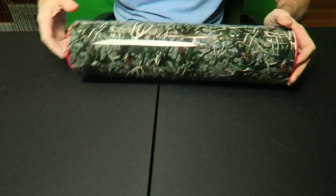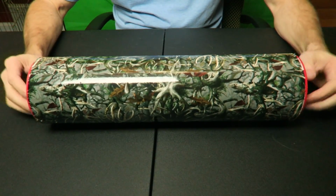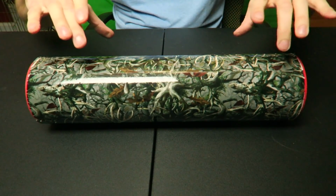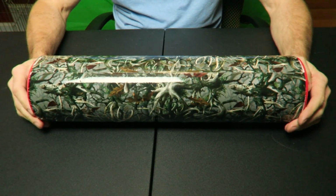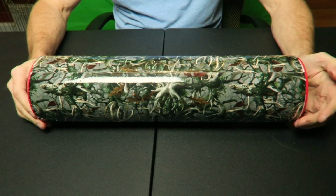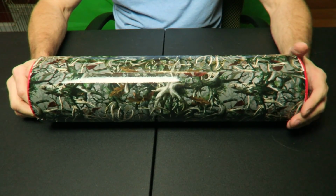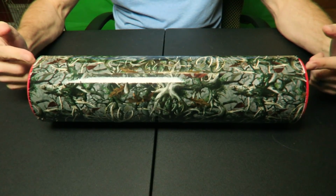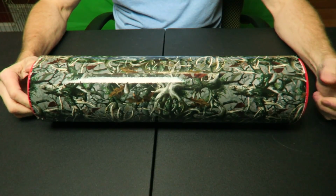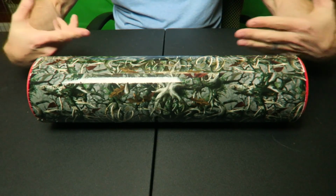I originally intended to use this for a tool tube on the front of the bike like everybody else does. I've got the hose clamps in the basement, got 3 of them, so you can bind it to the skid plate that I have on there, the bash plate, whatever you want to call it. But my tool roll, the way I decided to carry my tools, would not fit inside this tube. Not only that, I have some heavy duty spare tubes,